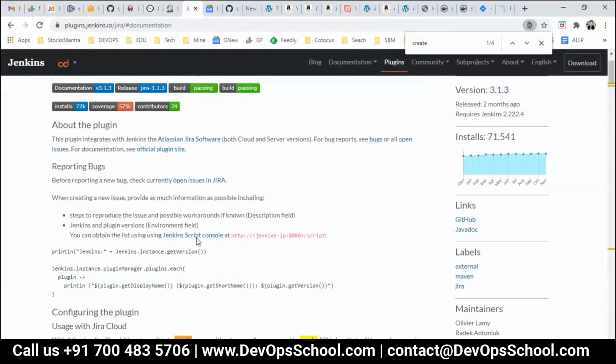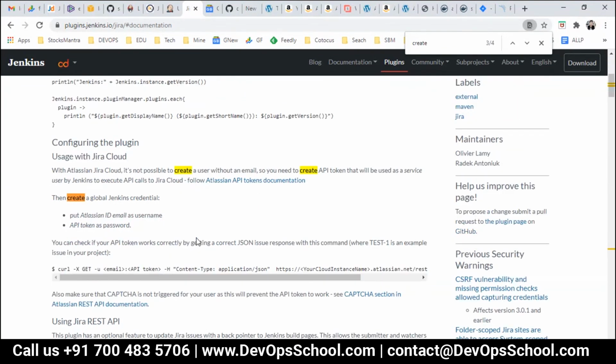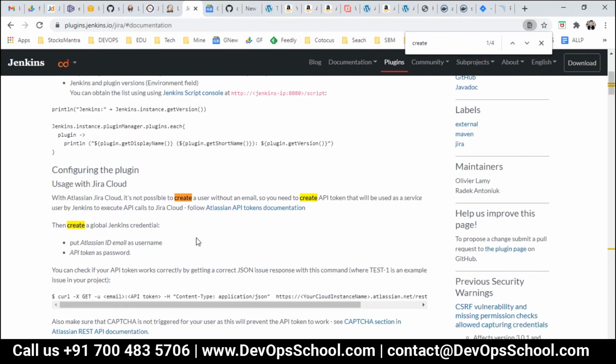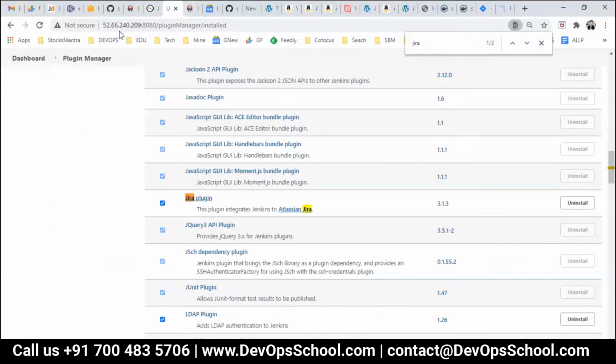So create a... Okay. So there must be some issues here. So the behavior is not expected.